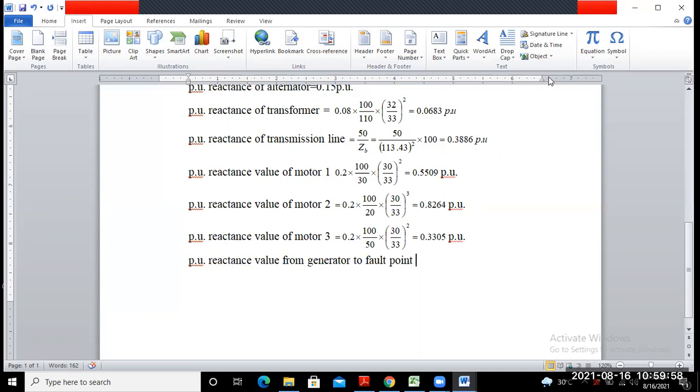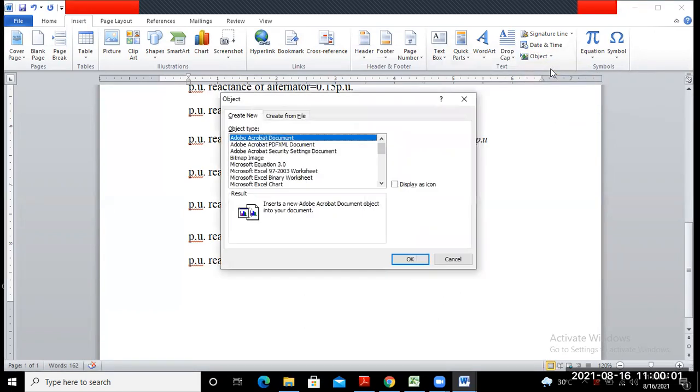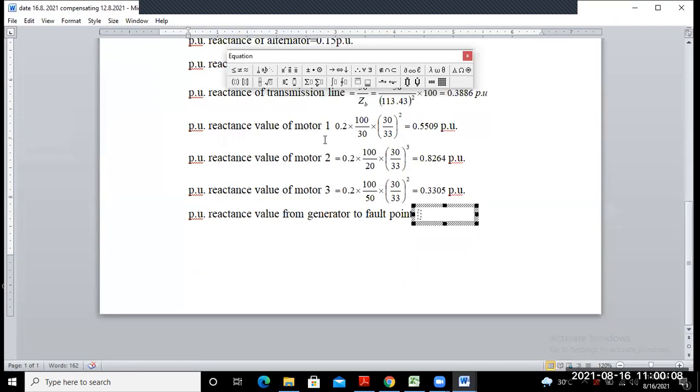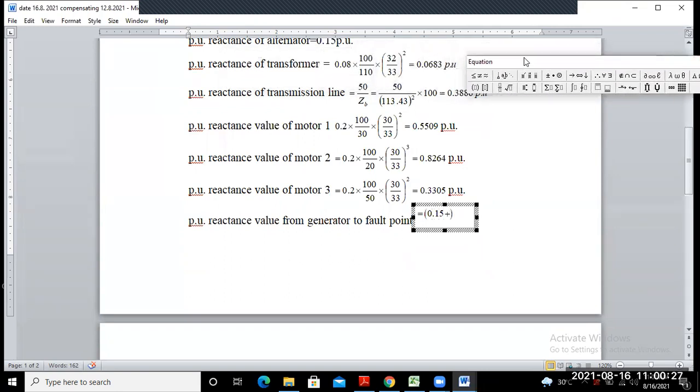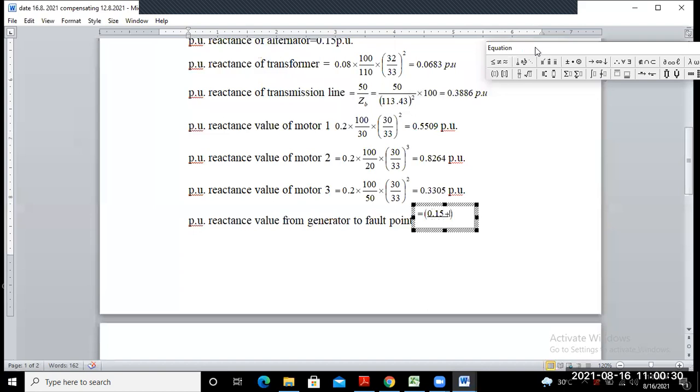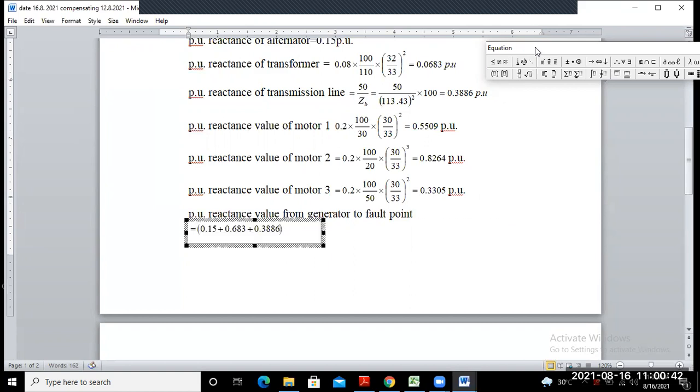So that is equal to 0.15 plus, for the transformer, 0.0683, plus the transmission line, 0.3886,